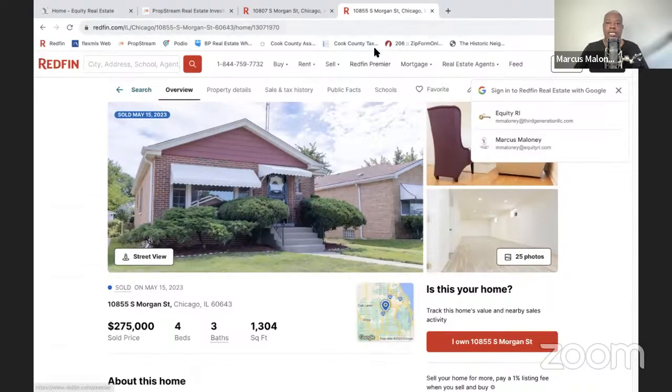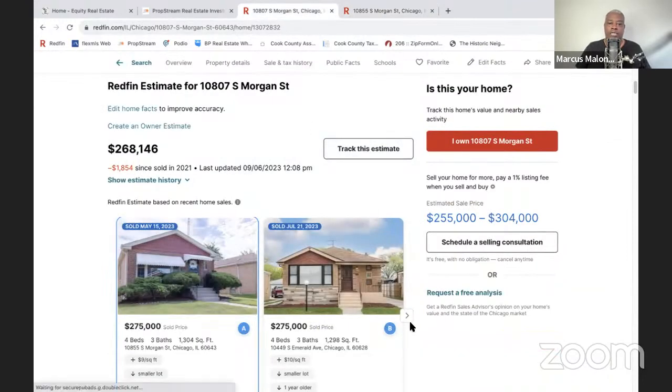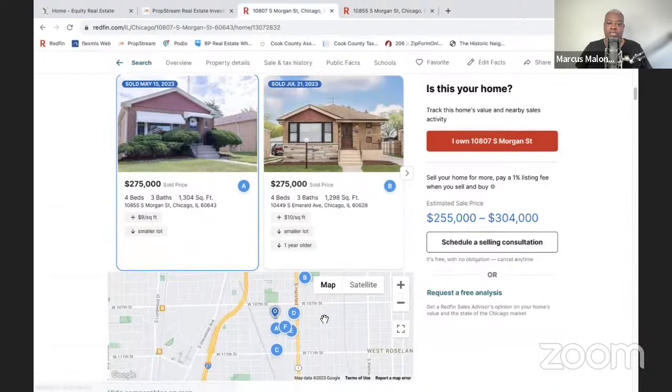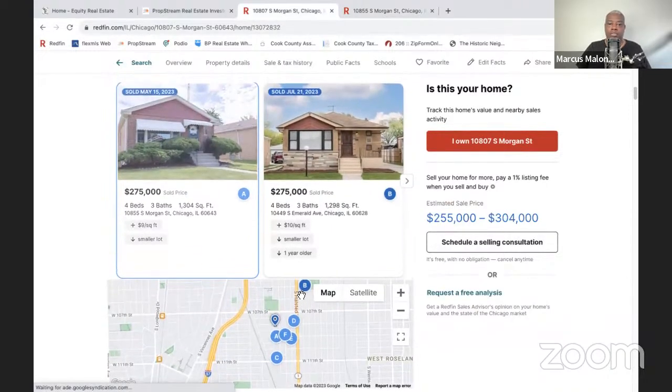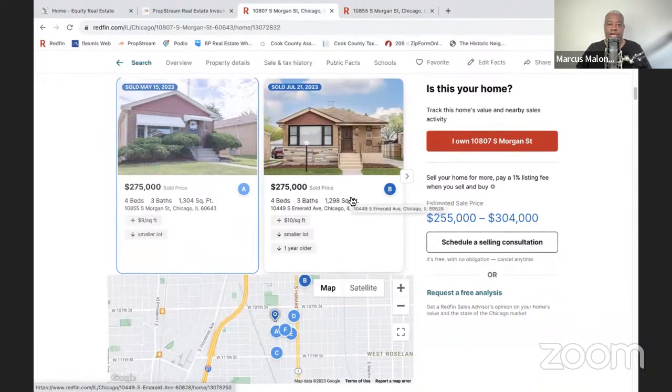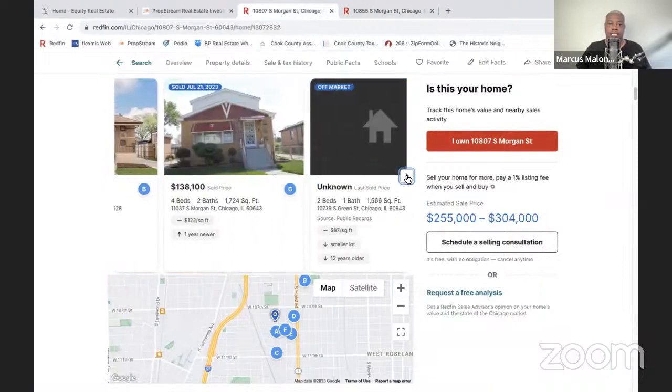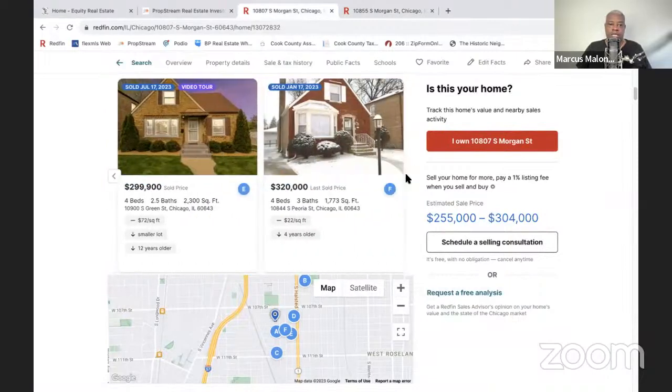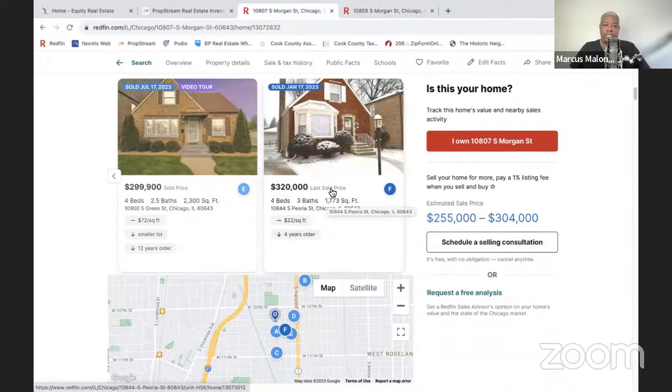So let's take it a step further. So we looked at that one. Let's look at the next one. We know B was not in our subject area, but pretty close, but that one was at $275. Let's not use that one for right now. Let's go on to the next one. Let's look at F. So F, we're at a completely different price point. We're at